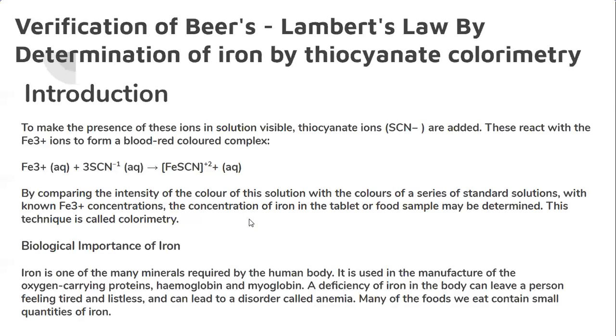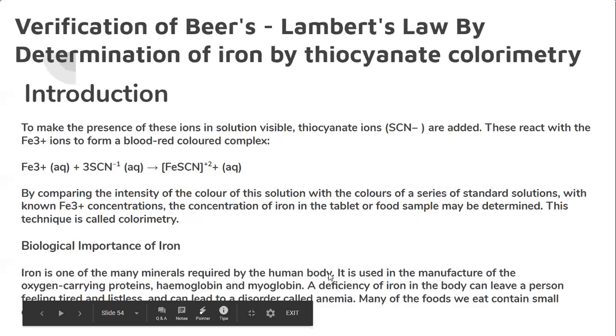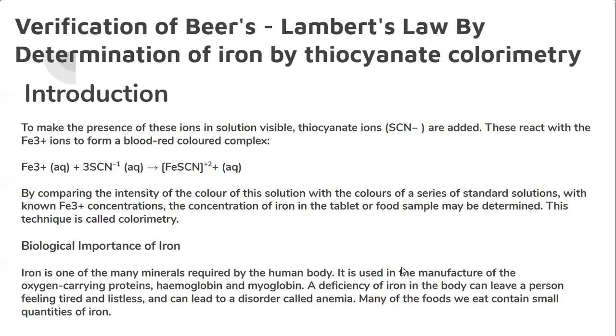The next one, biological importance. So what is the role of iron? We know that in our human body, in the blood we have hemoglobin that contains iron. That iron carries the oxygen and takes away carbon dioxide. So that is very crucial in our respiratory and circulatory system, transporting oxygen as well as carbon dioxide. And the lack of this iron may cause a disease known as anemia. Okay, so this is about the biological importance of iron.